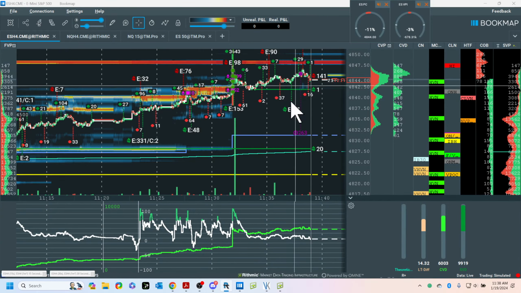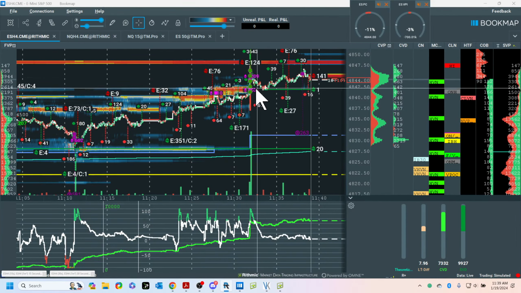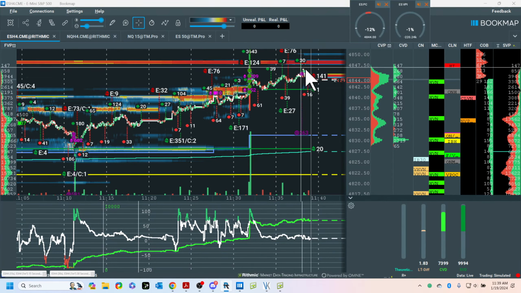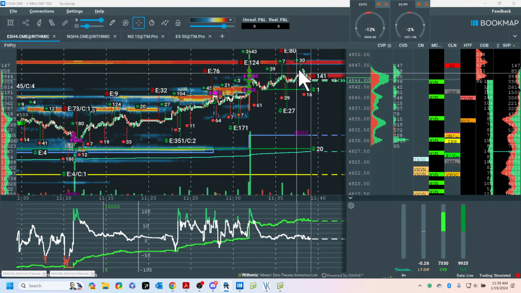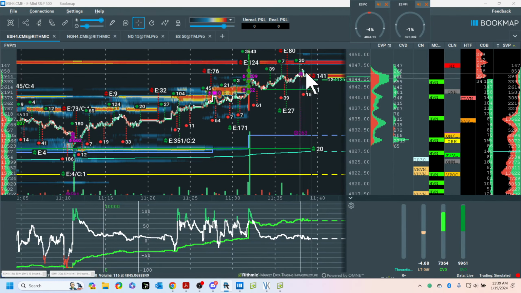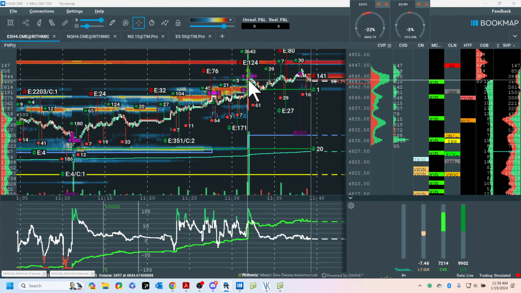So this is our next target area. Now there's nothing here, right? What is there? No shorts yet. Now, why would you take a short? Do you think you have a statistical edge trying to pick a top? Retail traders do that all the time. It's the top. It's the top. Eventually there will be a top.